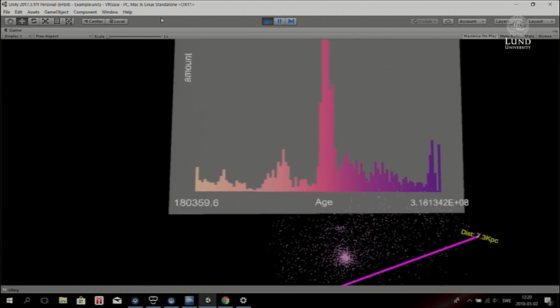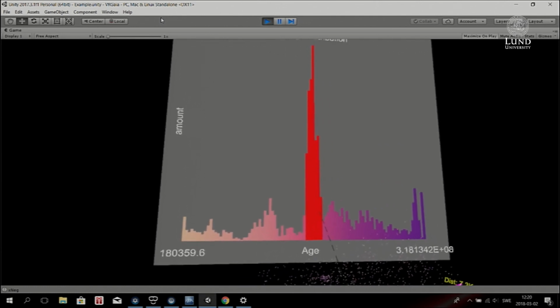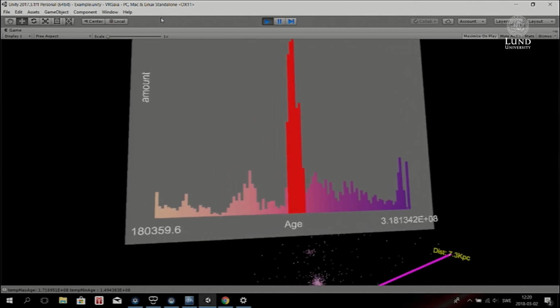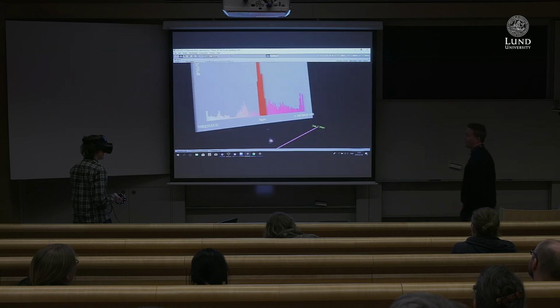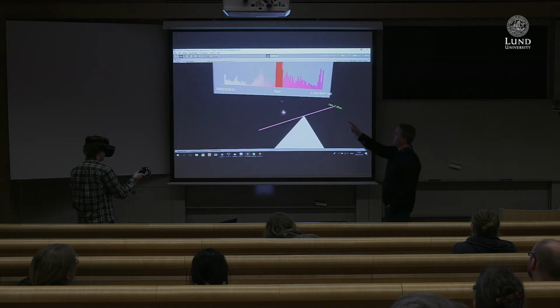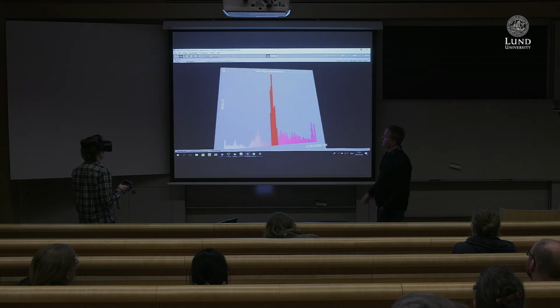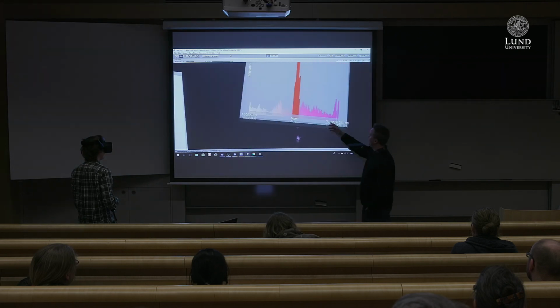So you have just immediately made a histogram, and there seems to be a peak here of star formation, right? So likely the star cluster formed quite rapidly, but it could also be that we have some junk, right? There's some extended star formation going on here. So that's very interesting. So then we would like to know, where are those stars, right? So yes, now what Simon did, he actually interacted with the histogram, and he selected a little bin there of the stars, and you can see where they are, right?